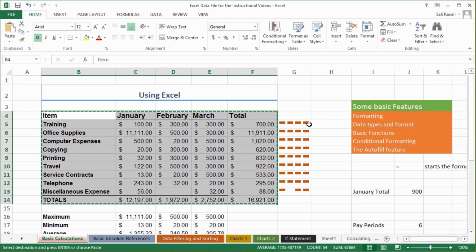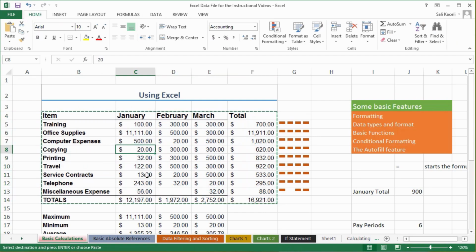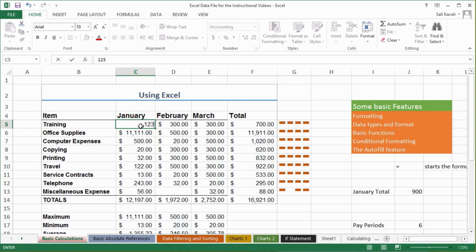Now a month has passed by, or whatever time has passed by, and notice my, let's say, my training expense for January in the previous report was $100 before. Now I'm going to make it $123. Now if I go to my document, save it,